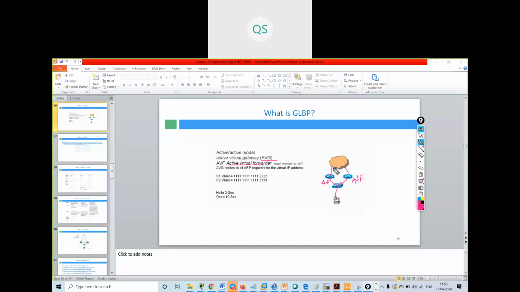Among these routers, one router will be my AVG router, the virtual gateway. This AVG router will control all the other active virtual forwarders.